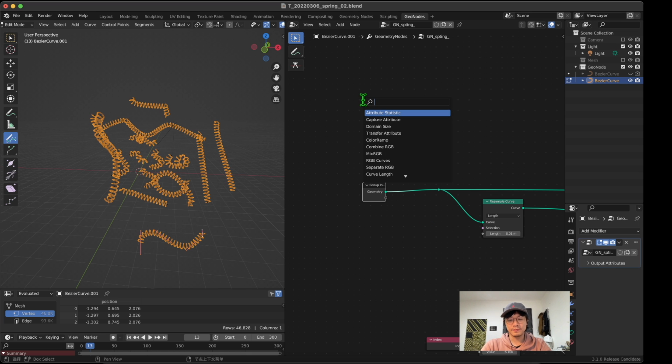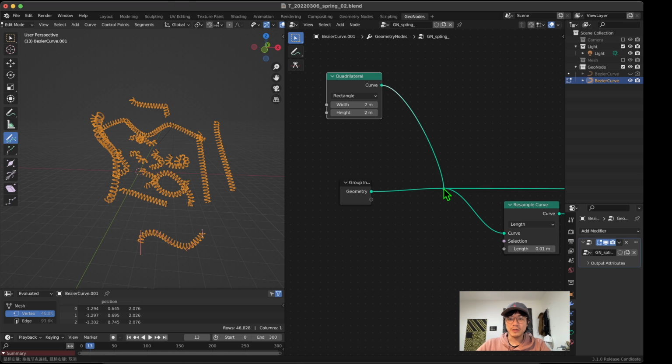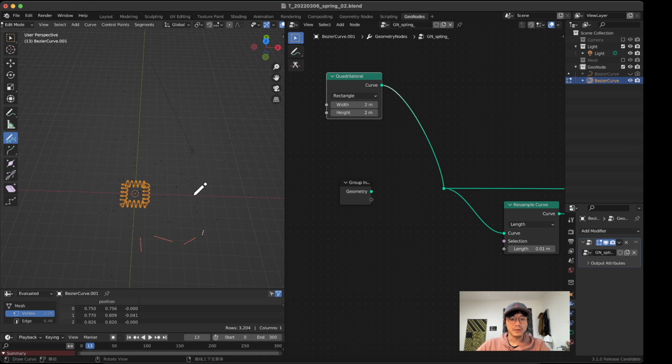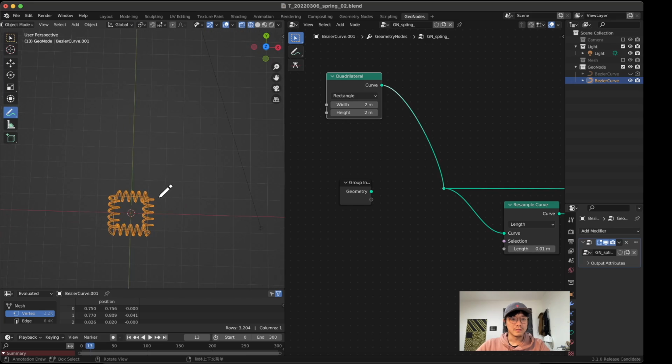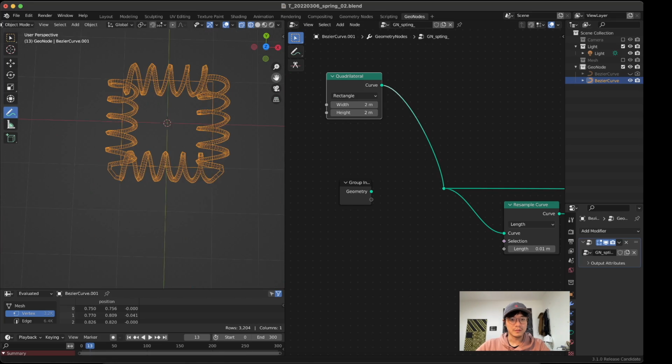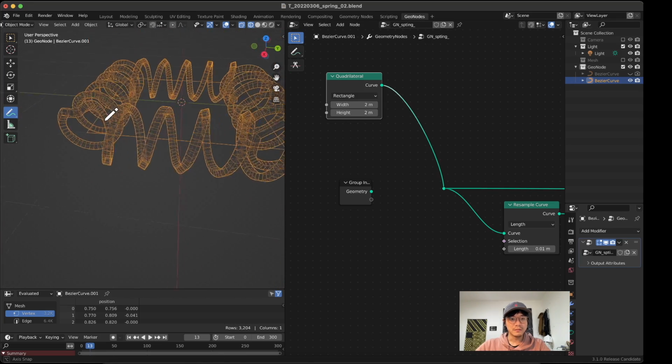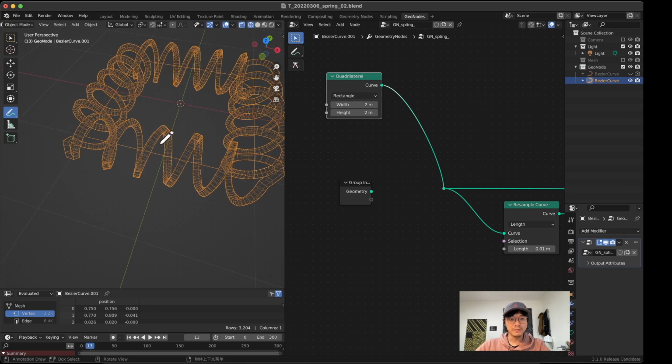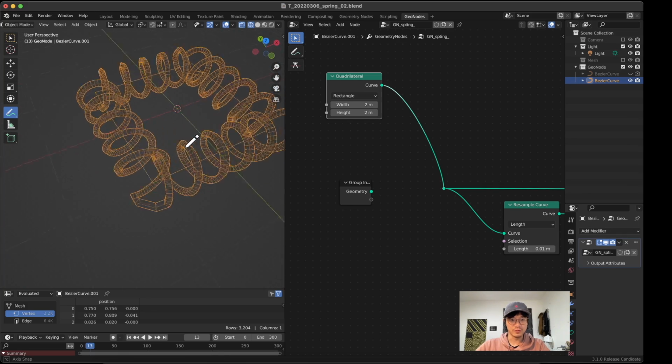If we put something like a triangle, you can see it's basically kind of smooth,